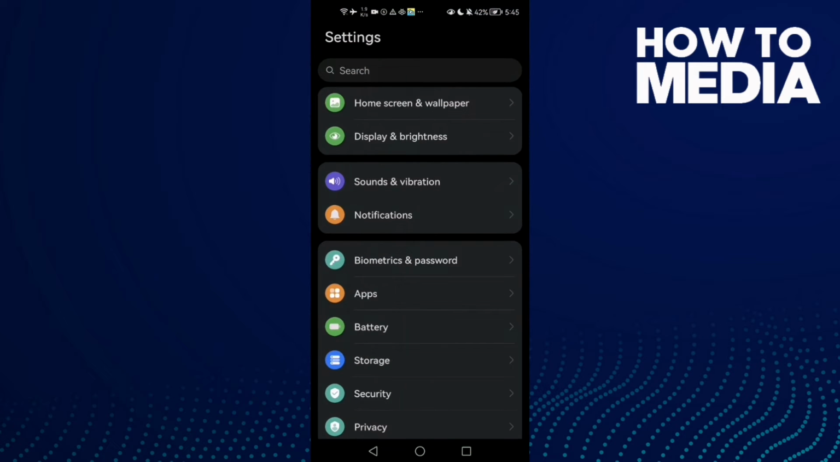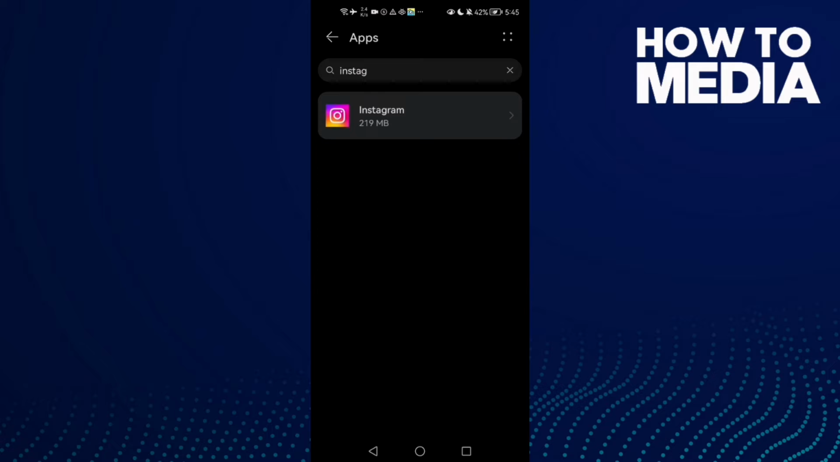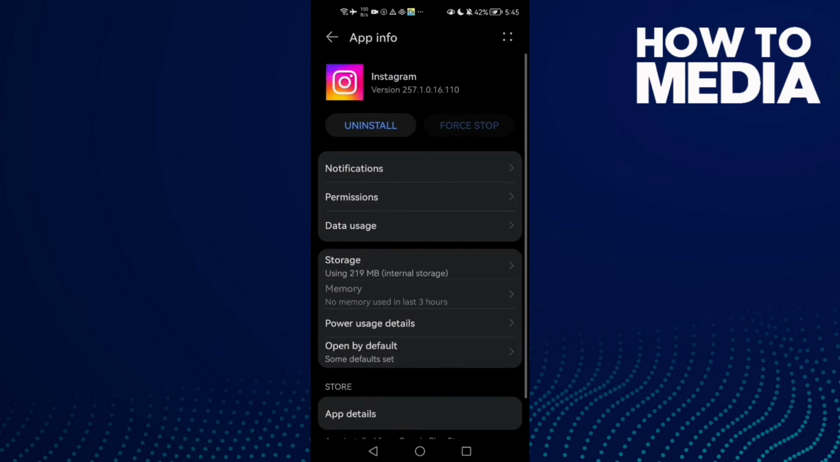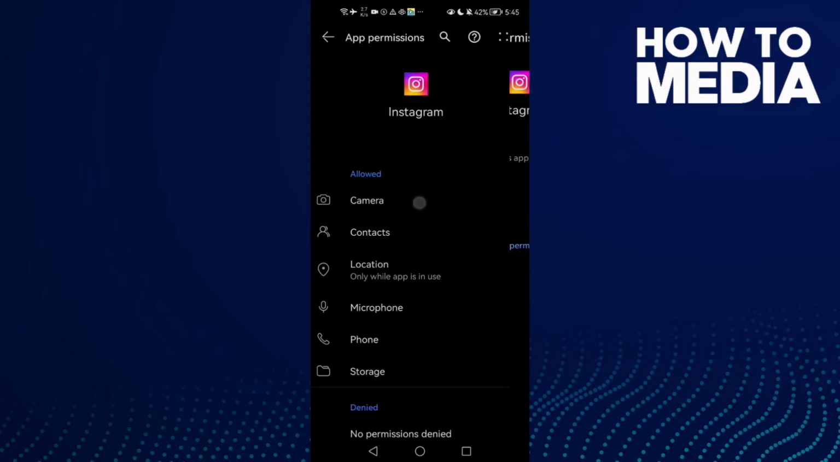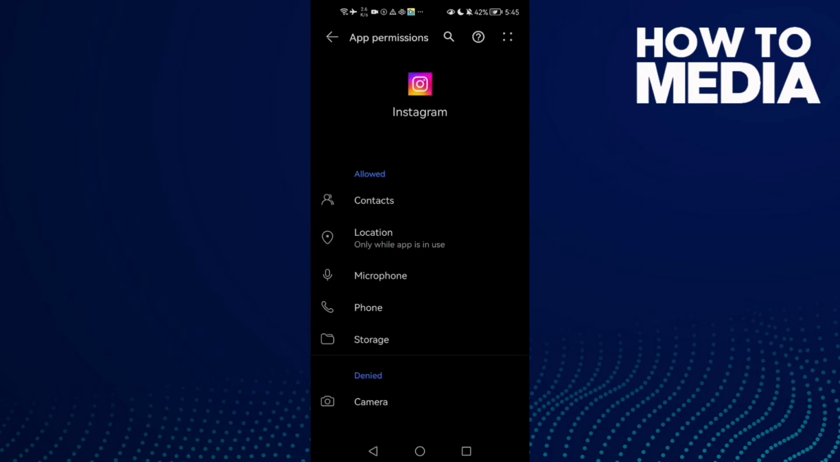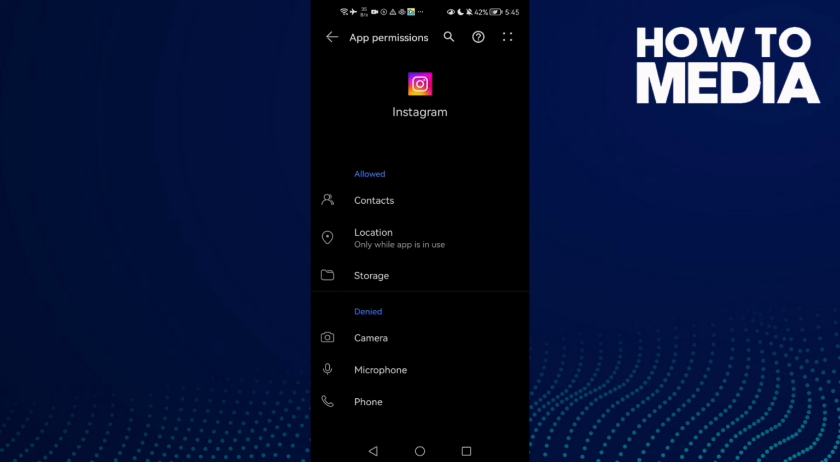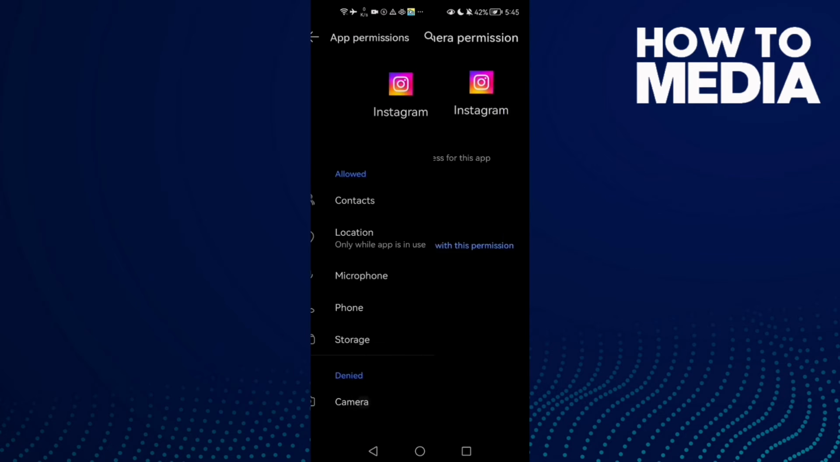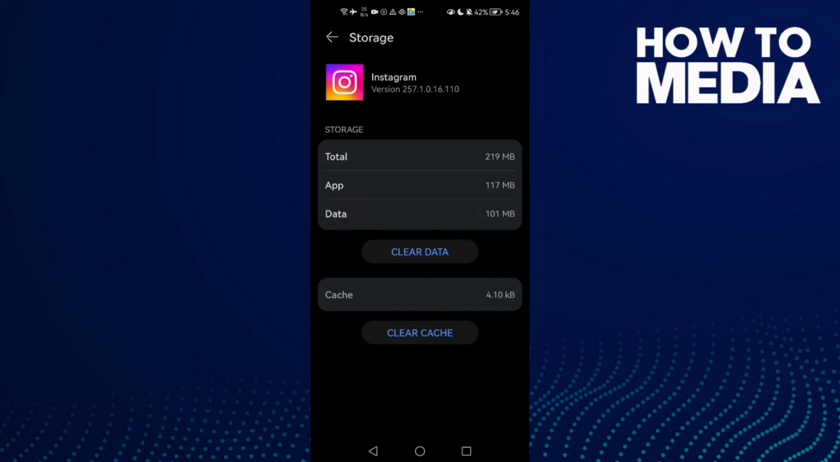First open settings and then scroll until you find apps and then click apps again, and here you will find Instagram. Click on it and now go to permissions and then camera. You will find it like that, phone and microphone. Now click allow and allow all of those here, and then just go back to storage and then click clear cache